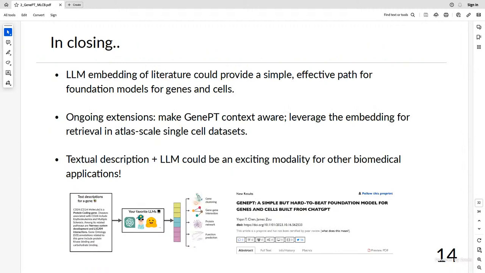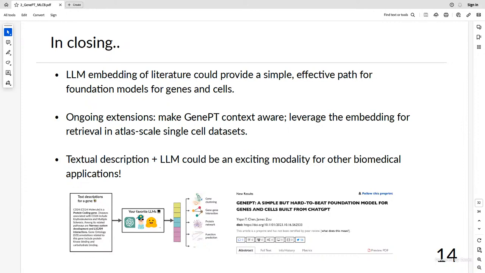I've told you that the large language model embedding in our study provides a simple but very effective way to predict the things we might care about in cell and gene data, especially in the single cell landscape. There are ongoing extensions, as I mentioned before, to make this approach more context aware, but also to understand how it could be integrated into these large scale atlas-like data to enable fast and efficient